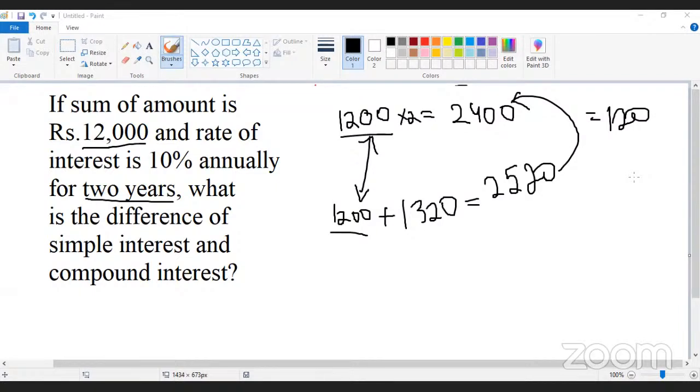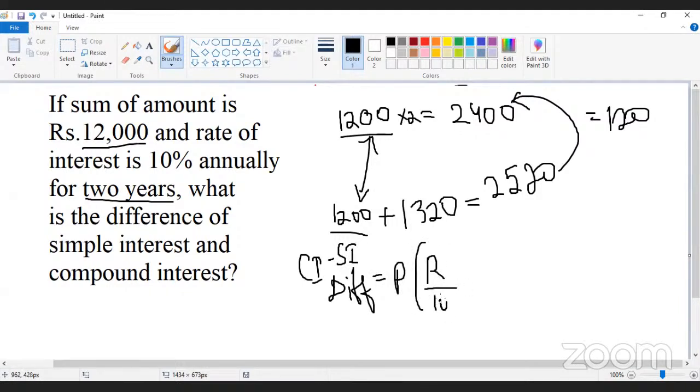Can I give the next one? Yes, sir. So the shortcut is the difference of amount between the compound interest and simple interest for 2 years: compound interest minus simple interest for 2 years is equal to principal amount into (R by 100) the whole power 2. This is only for 2 years. For 3 years and 4 years, you will get closer answers, but not the exact answer. So in most cases, this works exactly for 2 years, but the remaining will be closer answers only.